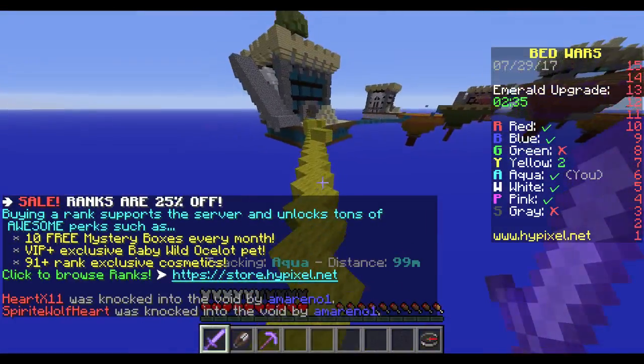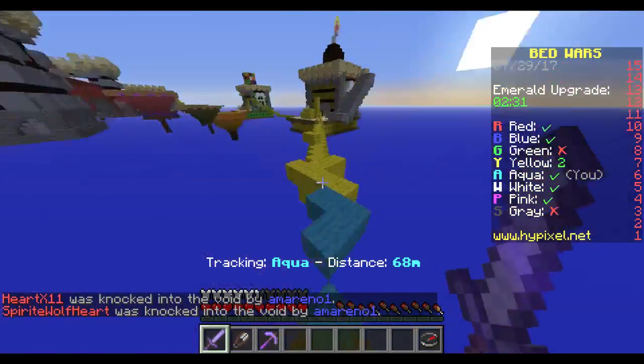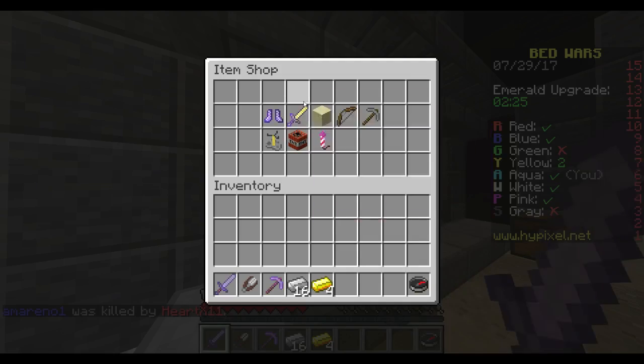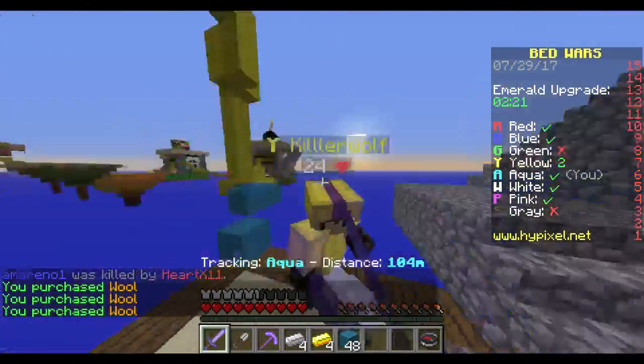Starting to get scared. Okay, see how he's building up here? Now we're immediately just going to turn back, and he's probably going to realize he's going to waste a ton of blocks and jump down. That's what they normally do when they see me turn around. And you want them to do that. You want to just keep turning around and... Maybe...